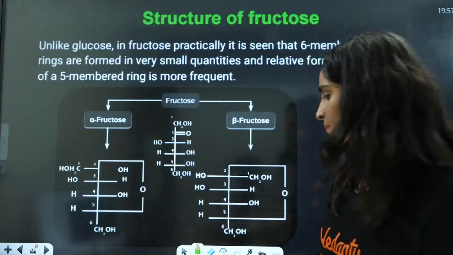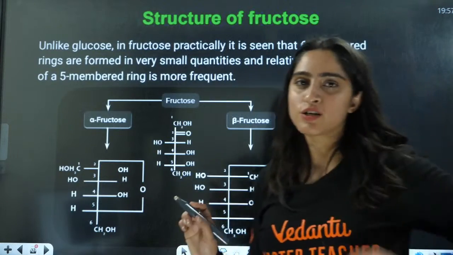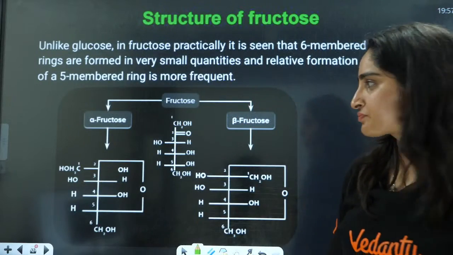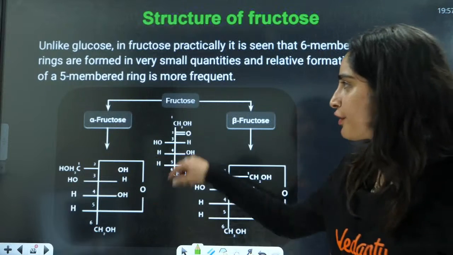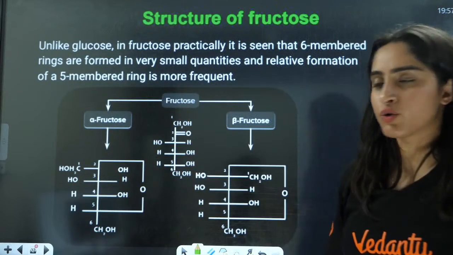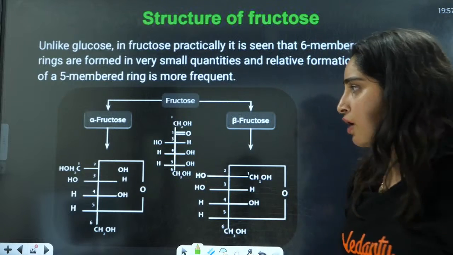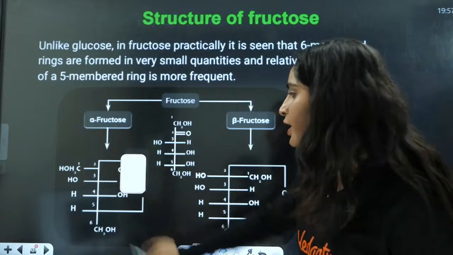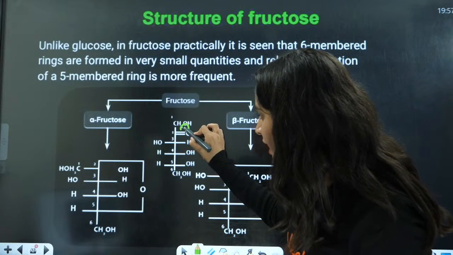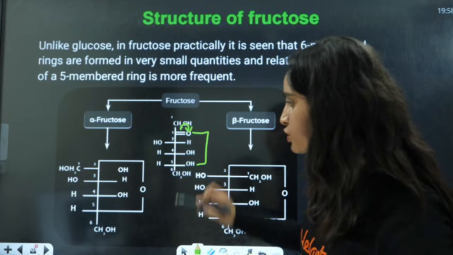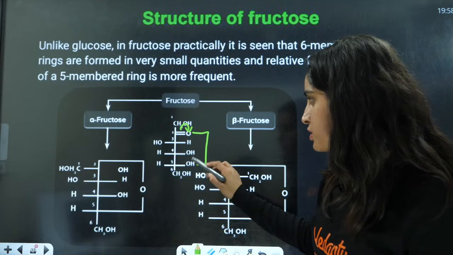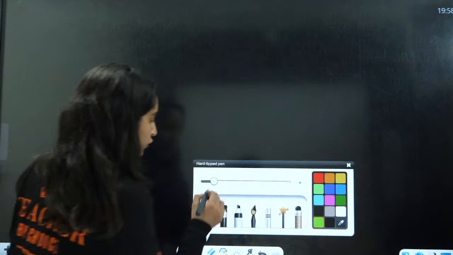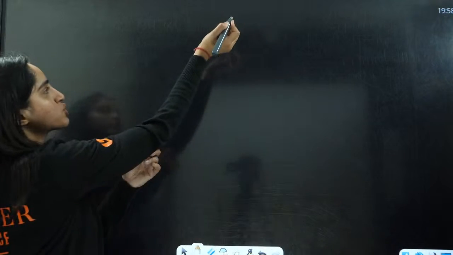So let us see the structure. The drawing of the structure of biomolecules is something very interesting, right? You have this fructose. Now, how will you define this? First, you need to know the structure of fructose here. What will happen here? This second group, the ketonic group, is going to take away the electrons. This is going to link with this OH. Okay, I'll just draw it for you here, otherwise it will be difficult for you to understand. So let us see this.